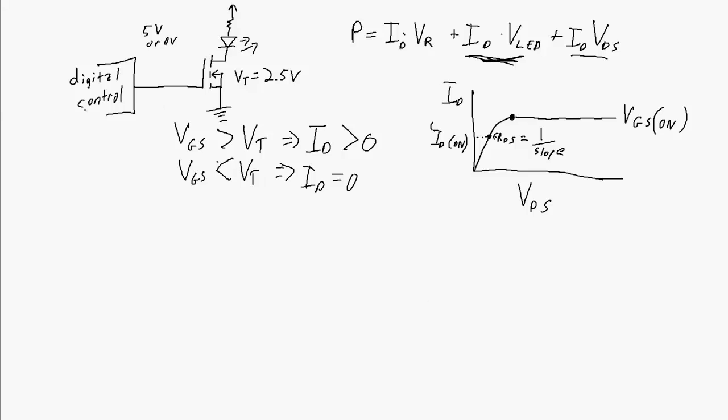So if, for example, you were given a circuit that looked like this one, and you were given the task of verifying that it's a good circuit, the first thing that you would do is make sure that your VGS is greater than your VT when you're trying to turn it on. The second thing that you would do is to verify that it's operating in the ohmic region. So to verify that it is operating in the ohmic region,